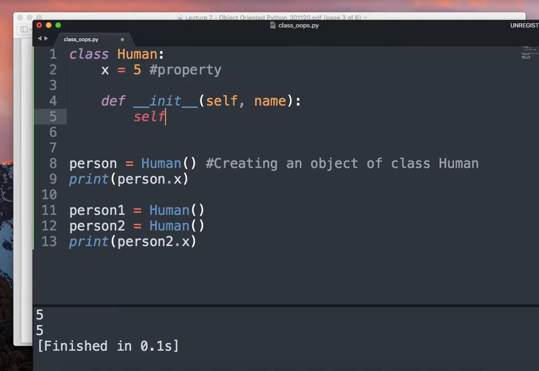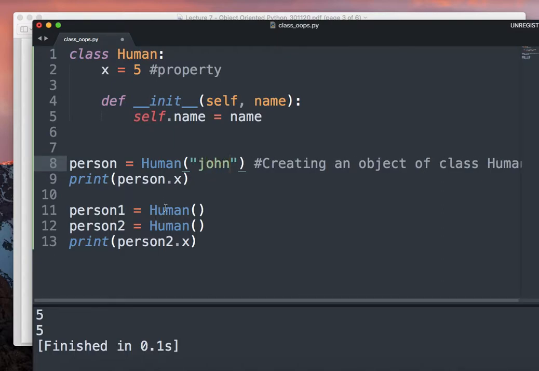So what we can do is put it in the init method, and now when we are creating objects, we can give a name, say John, and something else, Mary, and say Harry, right? Now we have given a property called name to each object of the class, and then you can access them via which operator? The dot operator, right? Here you can see, person.